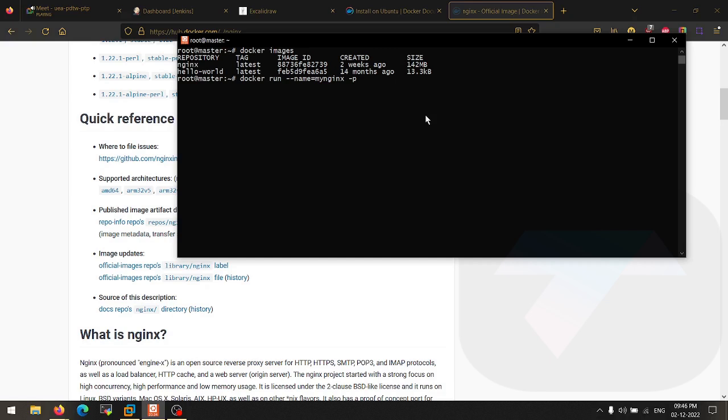Now, what actually is port mapping? A container is also an environment which has a firewall system, like the ports and that stuff. And we are also using a host operating system, which is a separate operating system. So we are binding the port of your container with your operating system.